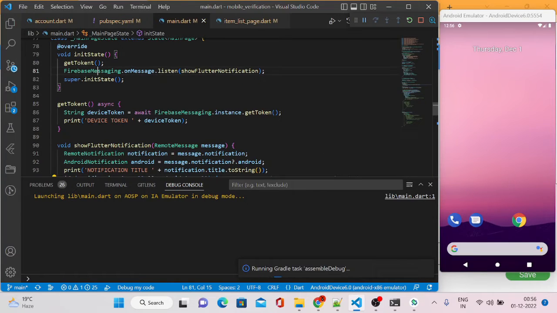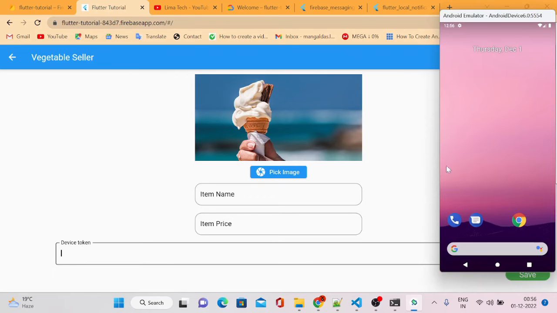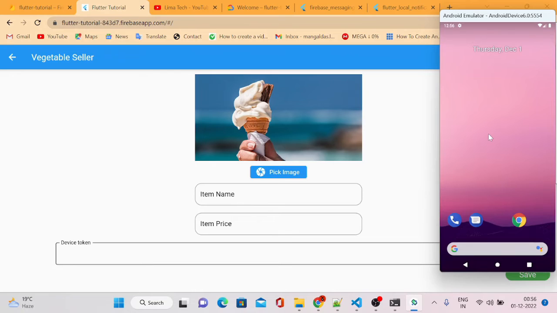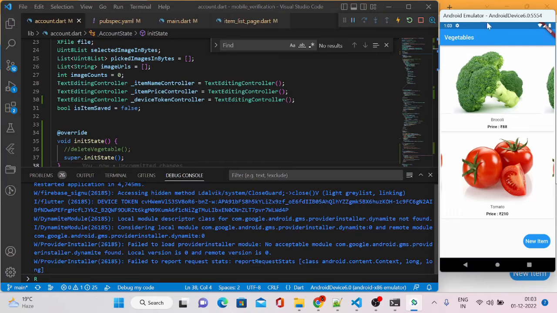As you can see, we have a method to print or get the device token. This device token will be given as an input here, and we will see the notification on this app bar section. We should be able to get the notification on this app bar. Let's wait for this app to be installed on this device. As you can see, the app is installed on our emulator and the items are being displayed